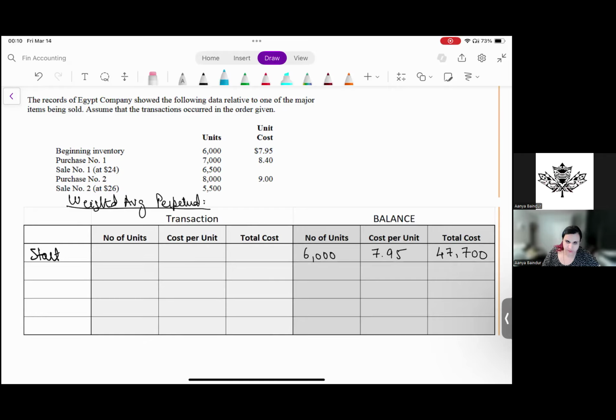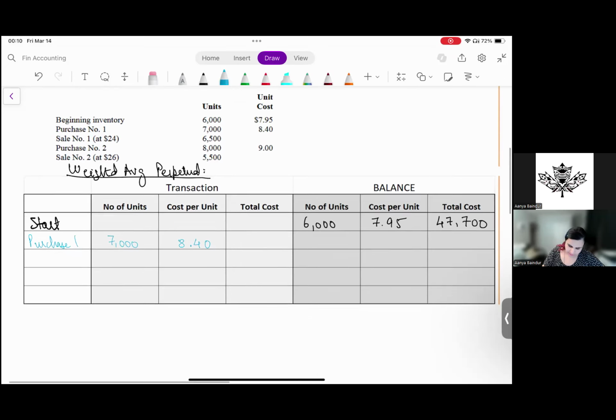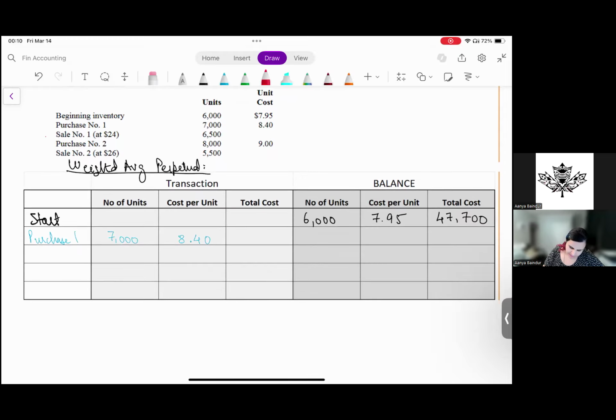The very first one, we purchase something. So purchase one, number of units. So we are purchasing 7,000 units. Cost per unit is 8.4. And the total cost of this, we'll deal with that later. Next, we are told that we make a sale for 6,500. So sale